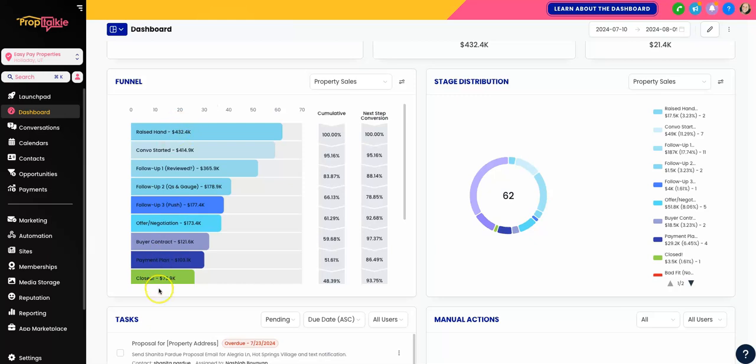So I have different stages that we've established. One where, okay, I've raised my hand, I'm interested, then the conversation started, and then we do the follow-up more than once, of course, and we get to the point of the offer negotiation. Then they sign the contract, they make the payment, and it closes. And so if you break it down like this and you start analyzing the data of where you lose them, or where they're at, or where they're stalling, you're able to tweak and adjust your systems to make it better